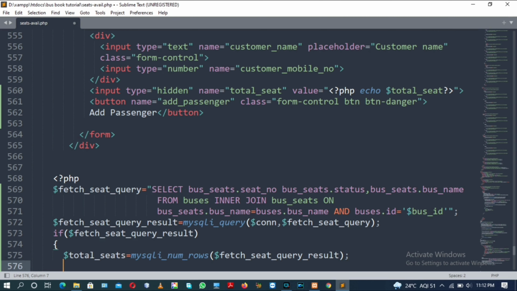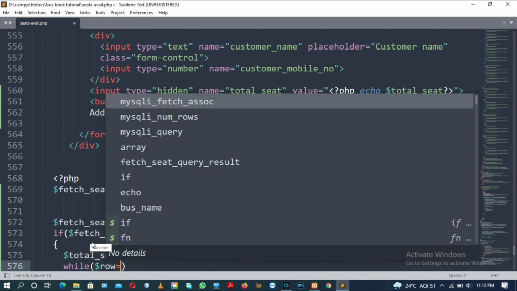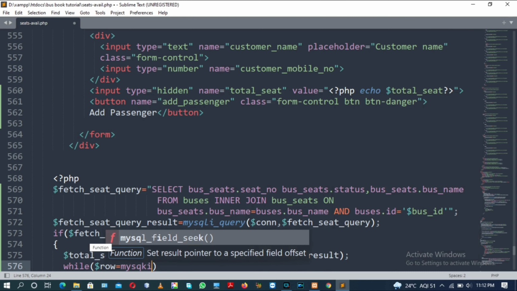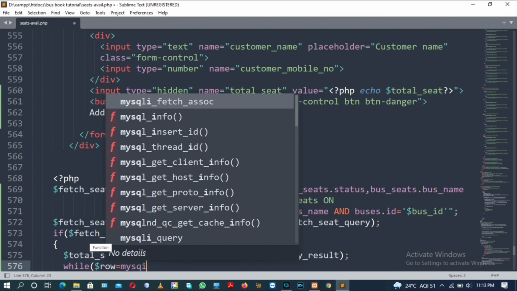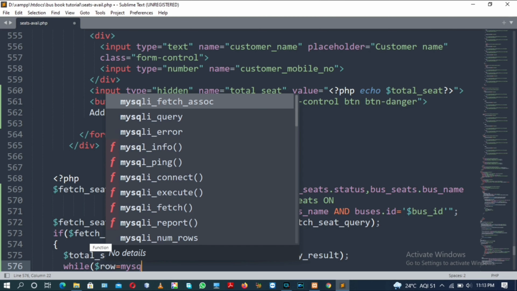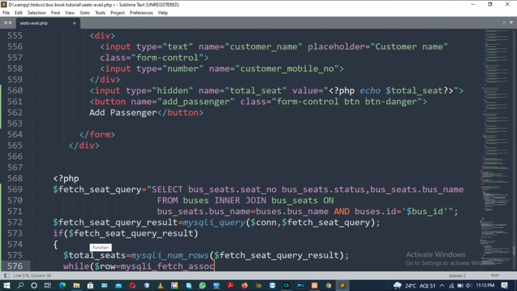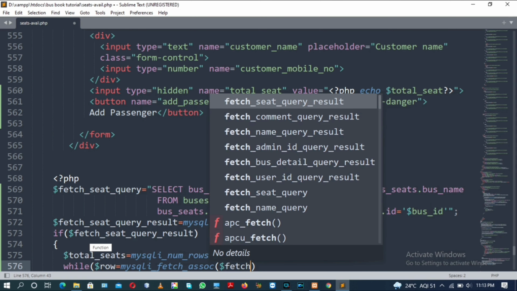Inside which we will have a while loop with the row variable that is assigned the associative array fetched using the mysqli fetch assoc method of PHP, which accepts the parameter fetch seat query result.